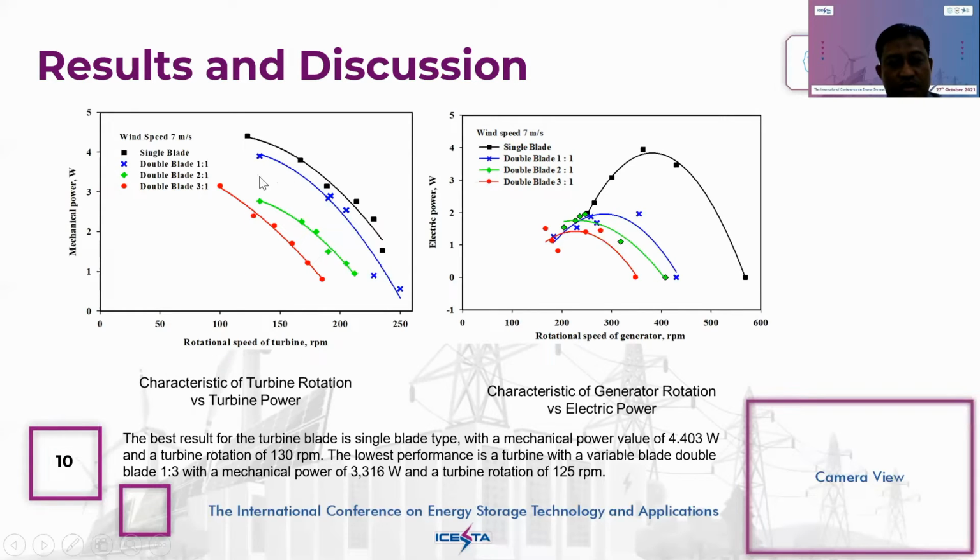Characteristic of turbine rotation and power turbine, and this is the curve of electric power and rotational speed of the generator. The best result for the turbine blade is the single blade type, with mechanical power of 4.4 watt and turbine rotation of 130 RPM. The lowest performance is the double blade 1:3 ratio. They have mechanical power 3.3 watt and turbine rotation